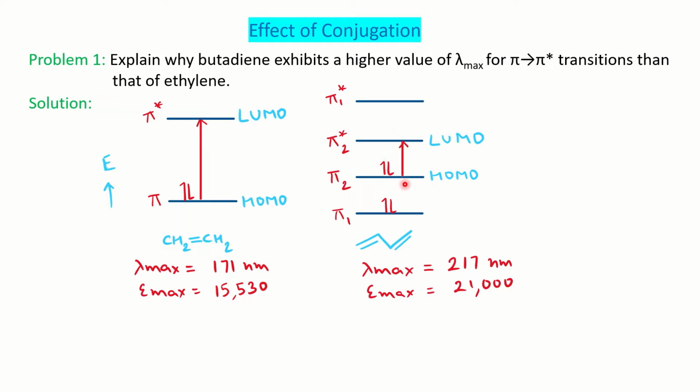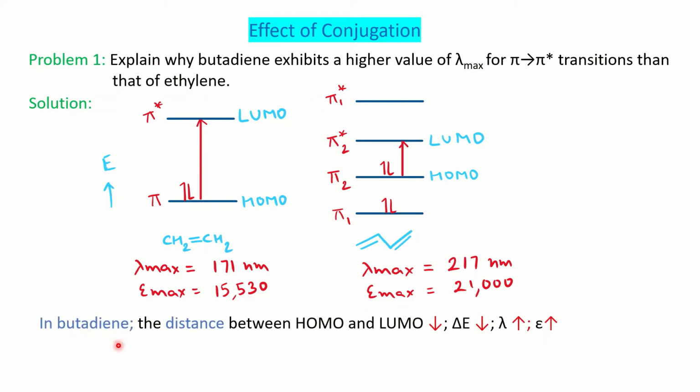More number of molecules can reach, the distance is less here as compared to ethene where the distance is slightly high, right? So therefore the intensity increases in case of butadiene because more number of molecules are reaching to the LUMO. Fine. Again, it is more than 10 to the power 4, so it is an allowed transition. Fine. And this is a justification for the problem.